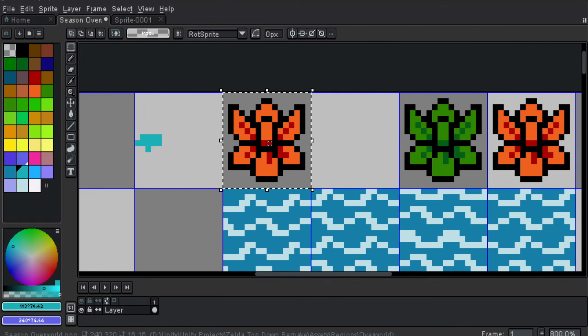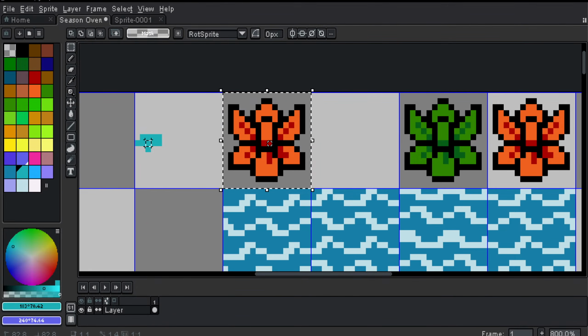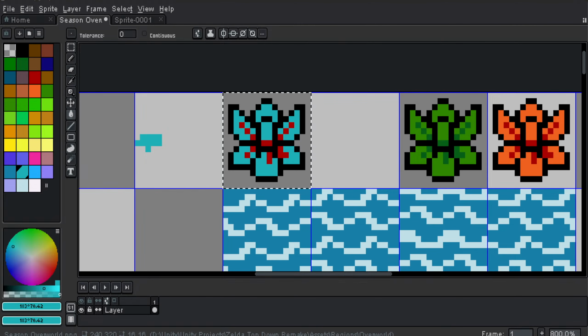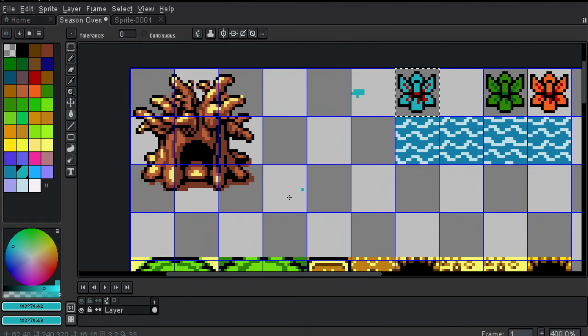So I'm gonna just select this real quick, and yeah, I think the winter grass is kind of like this. And I think it uses, sorry,